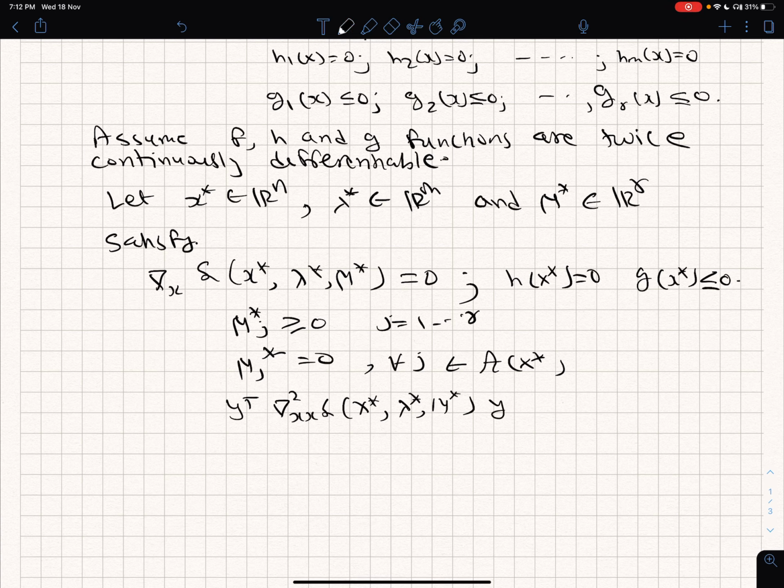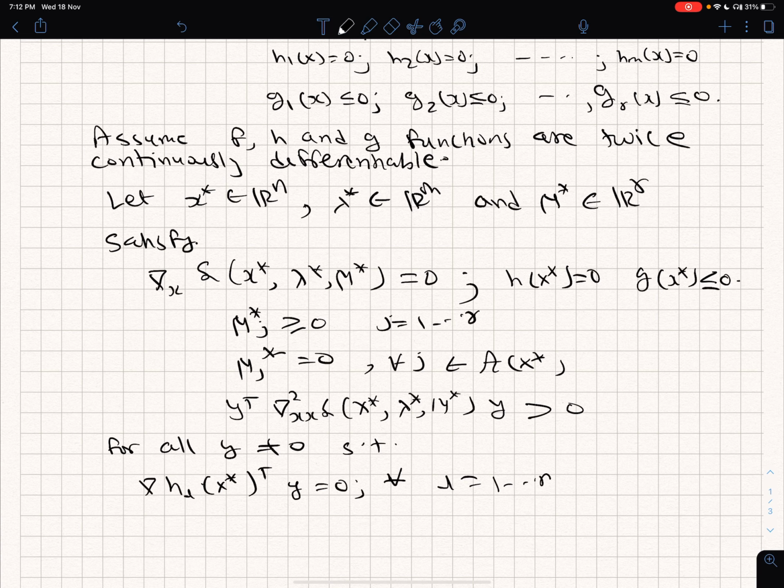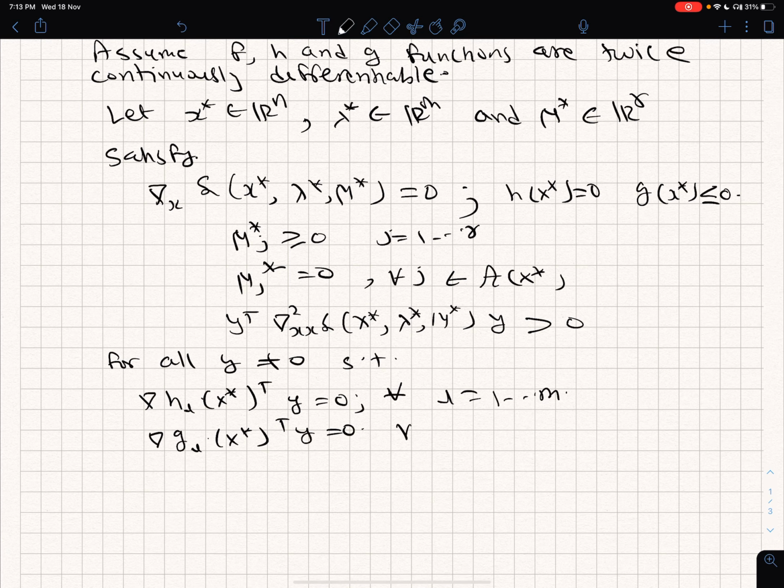Now here I am saying that this has a positive curvature in all directions y not equal to 0, obviously, such that they are in the null space of the Jacobian of the equality constraint. So they are orthogonal to the gradient of the equality constraint, and they are orthogonal to the gradients of the active inequality constraints. So for all j's coming from the active set,